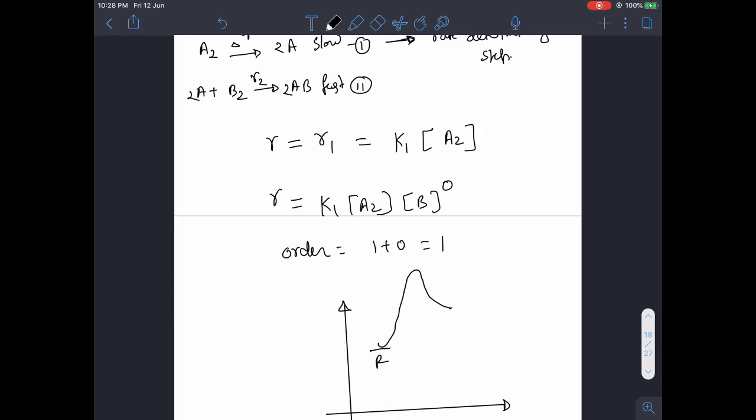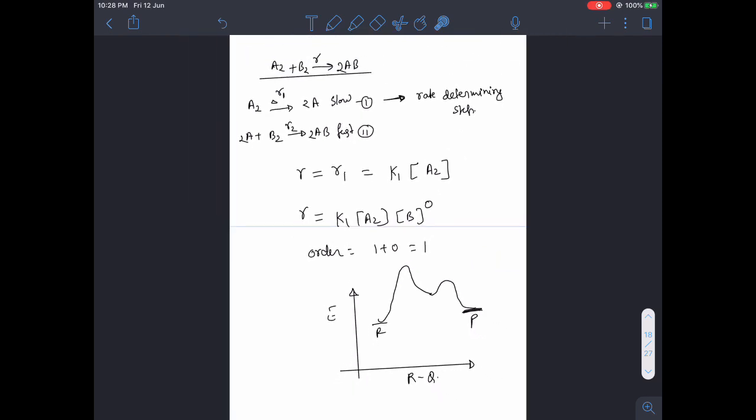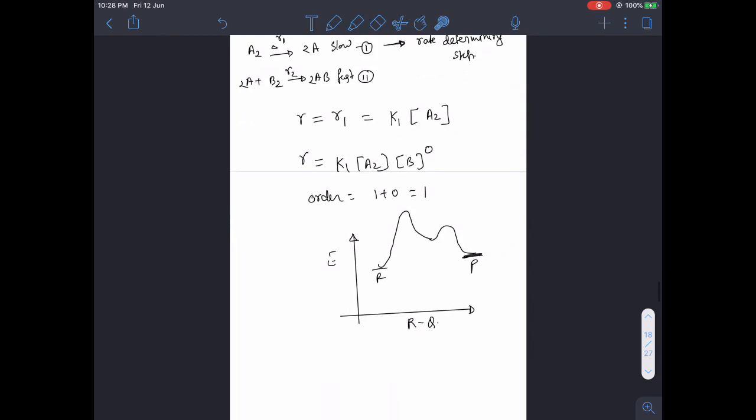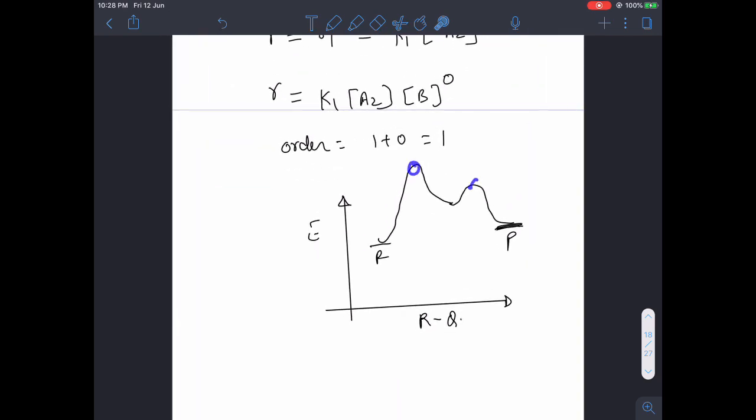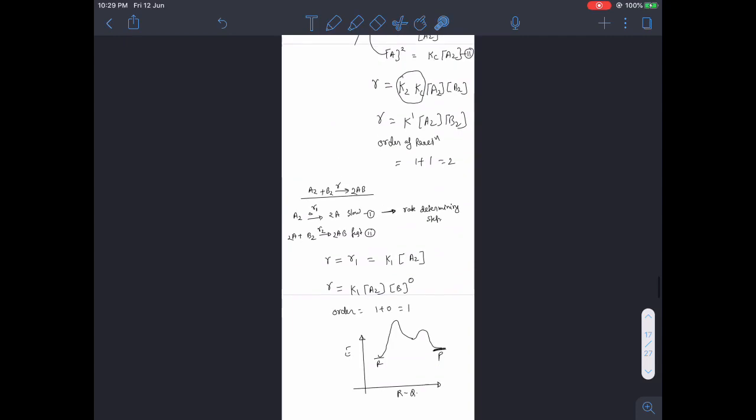Now, I came to here. Now, the second reaction is fast, so I simply go like this, and depending on whether it is endothermic or exothermic, it will go up or down. So, this is energy and this side is the reaction coordinate. Now, you can see we are getting two transition states here, transition state number 1, TS1, and this is TS2. All right. So, the number of steps is equal to the number of transition states. Now, complex reaction is over and elementary reaction is over.